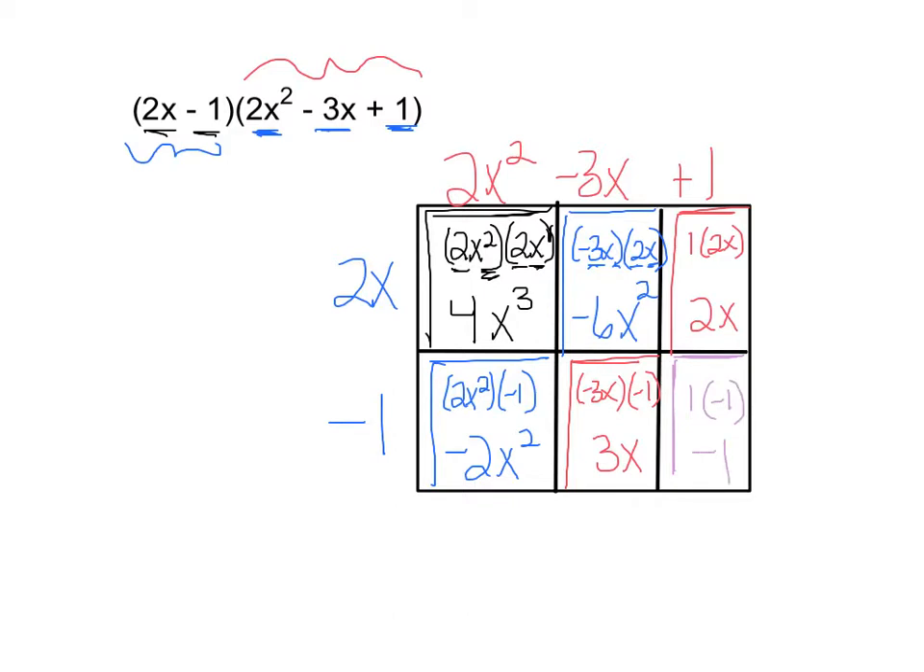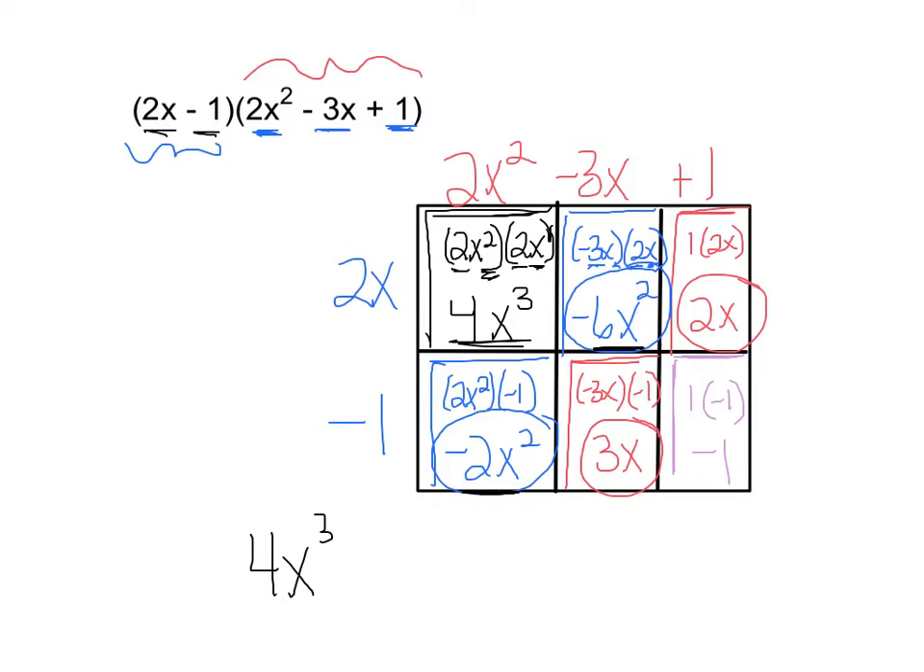Okay, now let's look for any like terms. Now notice, can you tell that I did the colors on purpose? These two terms, negative 6x squared and negative 2x squared, those are like terms, so we're going to add those together. The other two that match up are 3x and 2x. Those are like terms. So let's write down what we have. In our first rectangle, our monomial was 4x to the third power. In blue, we have negative 6x squared